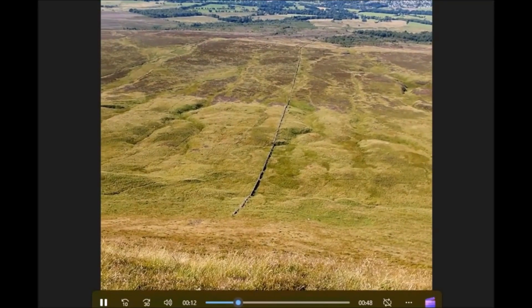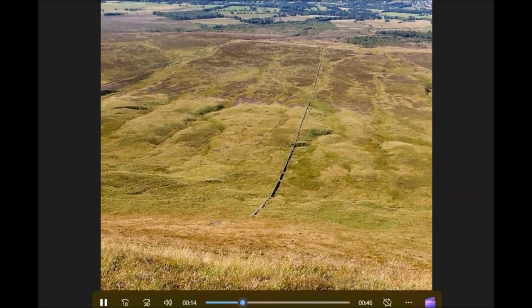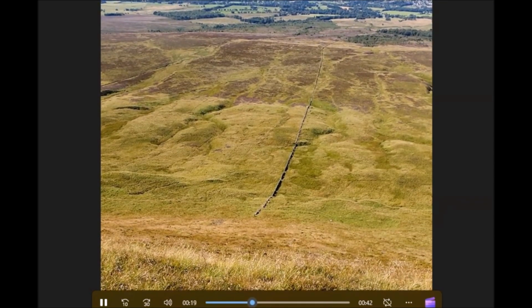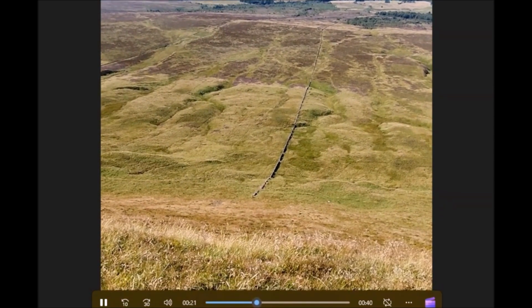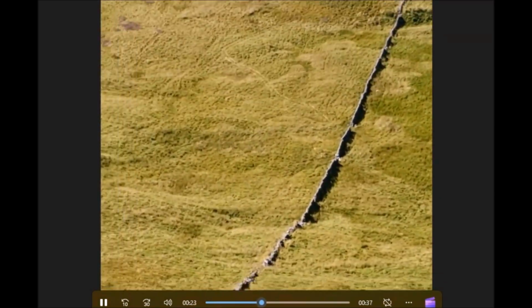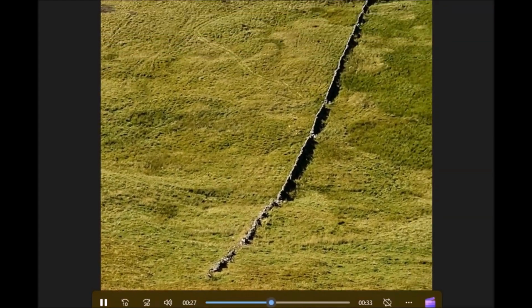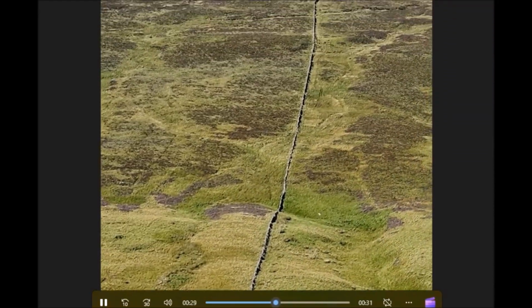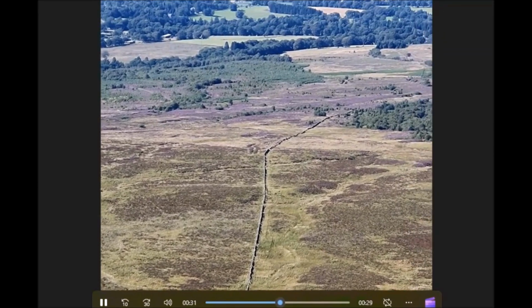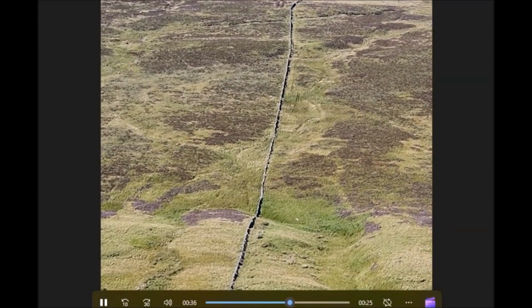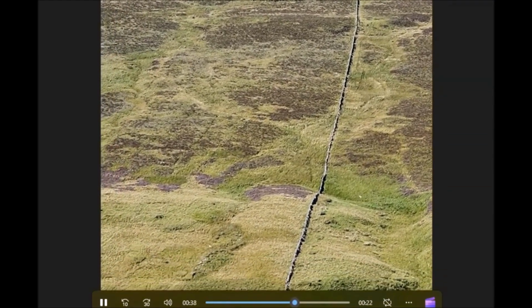It comes nowhere near a hill. It just stops right there. But the two walls run parallel and both turn at the same time in the distance there.